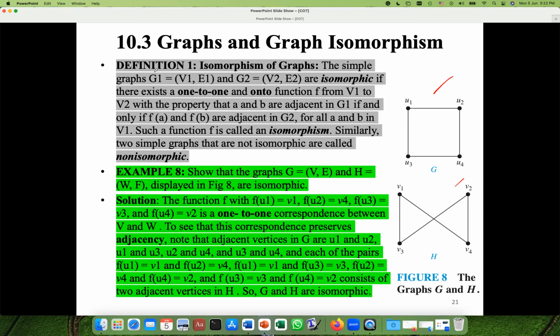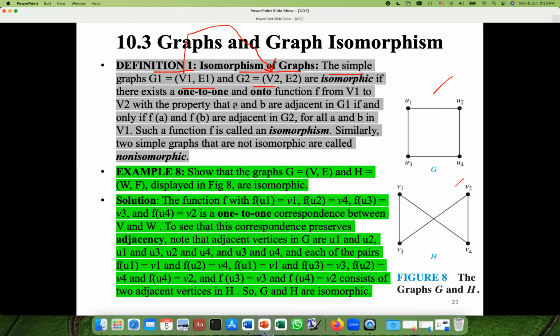If you are given 2 graphs, G1 and G2, those graphs would be isomorphic if there exists a one-to-one and onto function from V1 to V2 with some property. This is one condition. And the other condition,